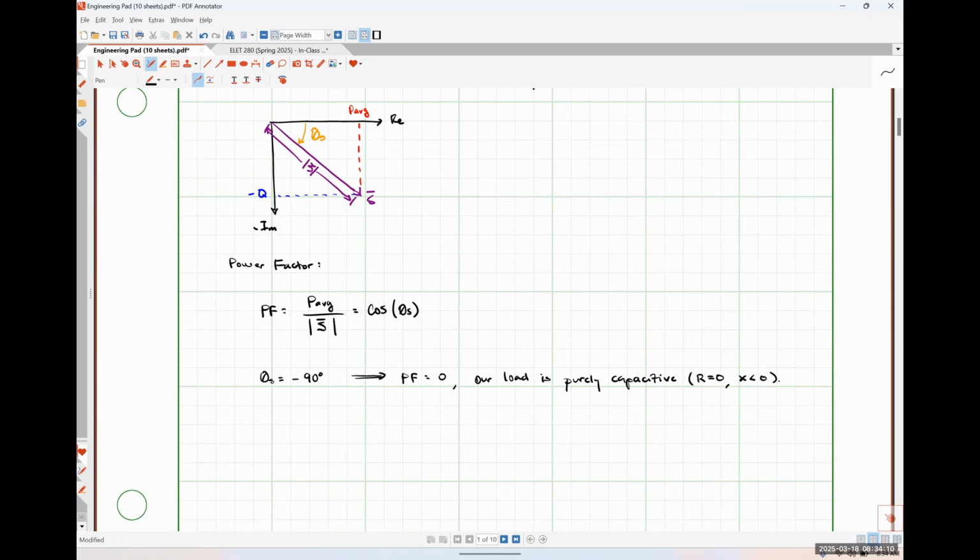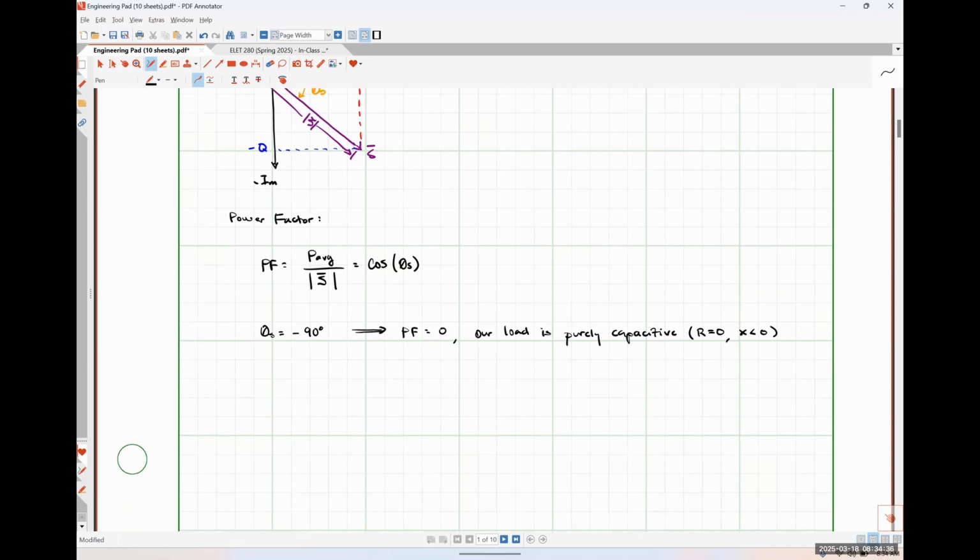So this is one of the two worst case scenarios from a power factor perspective, because we are operating effectively at 0% efficiency. None of the energy that is being produced by the electrical utility is actually being used to perform any work whatsoever. So not a particularly good case. Okay. Now let's say that our angle theta s